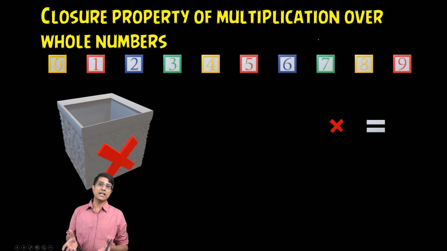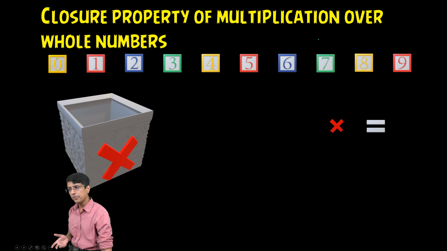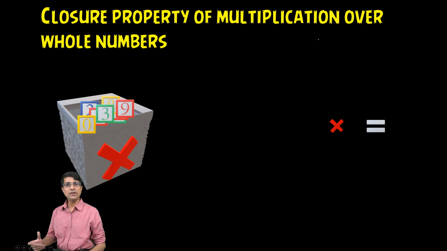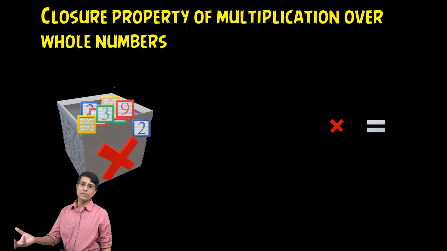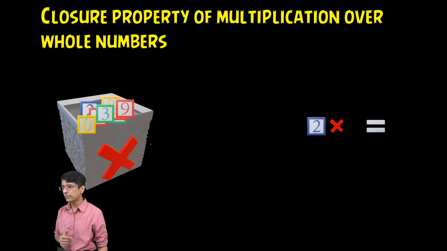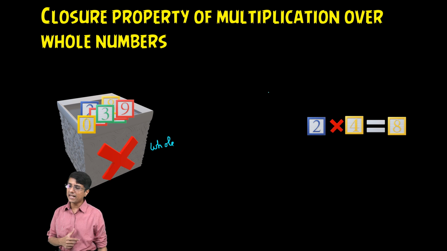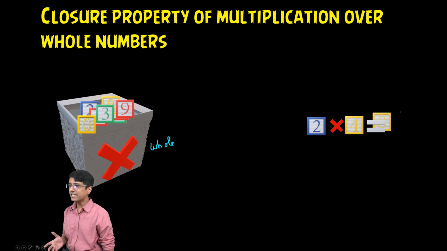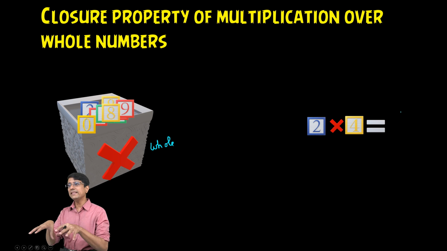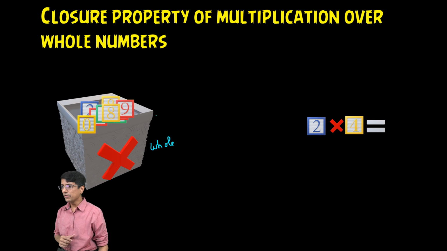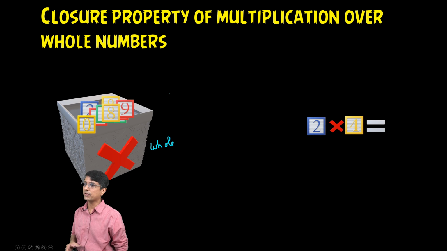But what about multiplication? For multiplication, it is the same argument. I again take the bucket of whole numbers. I take any two numbers from this bucket. Let's say that I chose, so this is my bucket of whole numbers, I again chose 4 and 2, those are whole numbers. The answer that I get is 8. This 8 necessarily would fall in the bucket of whole numbers. So again, multiplication is also closed with respect to whole numbers.